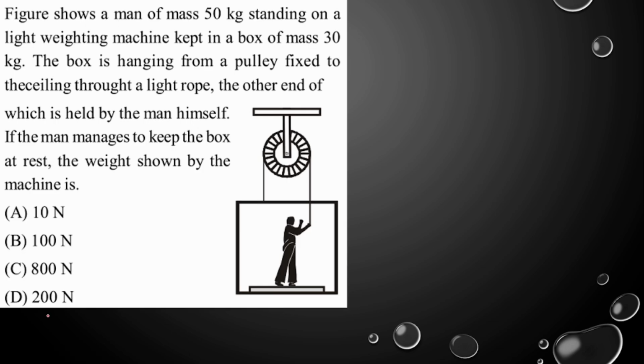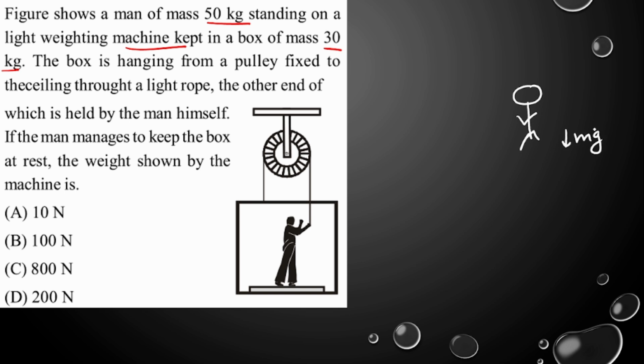Then the next question is, here we have a man of mass 50 kg standing on a light weighing machine kept in a box of 30 kg. The mass of this outer box is 30 kg and the mass of the man is 50 kg. The box is hanging from a pulley fixed to the ceiling through a rope. The man applies force in such a way that the system remains in equilibrium. If the system remains in equilibrium, means the man